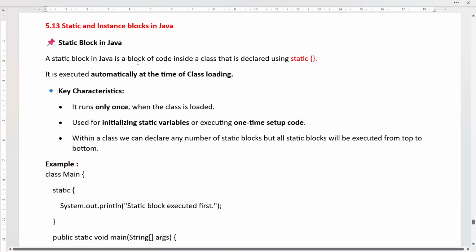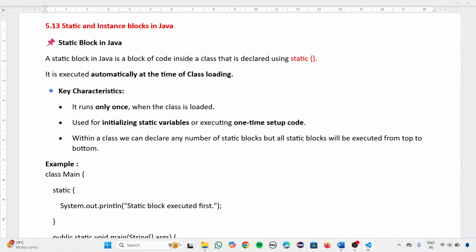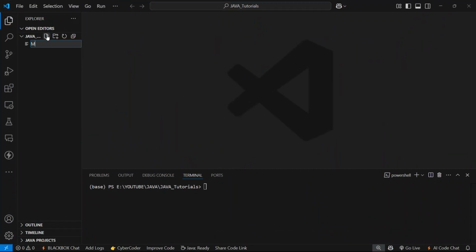A static block in Java is a block of code inside a class that is declared using the static keyword. It is executed automatically at the time of class loading. Let's see an example inside VS Code. Let's create a main.java file